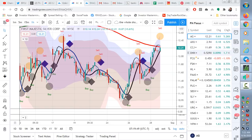So one thing to bear in mind, I talked yesterday a little bit about how to use the ribbon system, but just talk some of the exceptions here to the rules. I don't like to buy things that are under 144 if I can avoid it, except when you break down below 2 standard deviations and then you get a buy signal and it's a double buy signal. That means the fast ribbon is turned up, the slow ribbon is also turned up, and you can take the trade. Now, if you're aggressive, you can take the trade as it comes back in, but you don't know if that's the bottom or not. This at least gives you confirmation that is the bottom, and you'd be getting in on this bar right here,